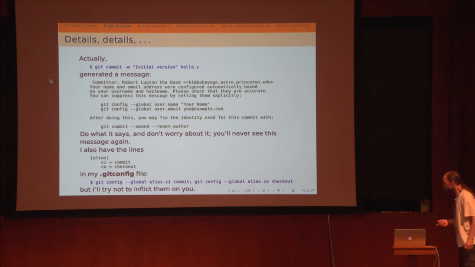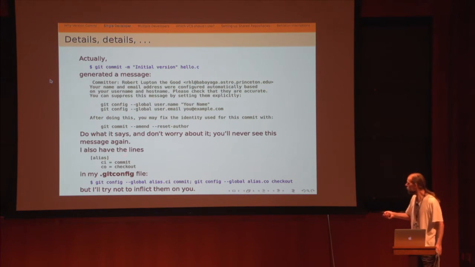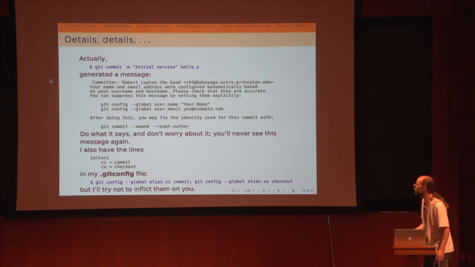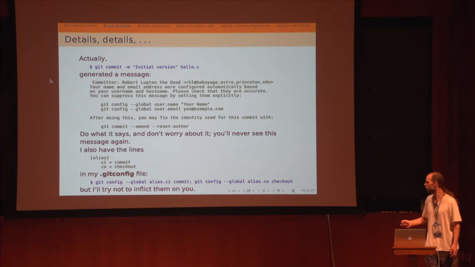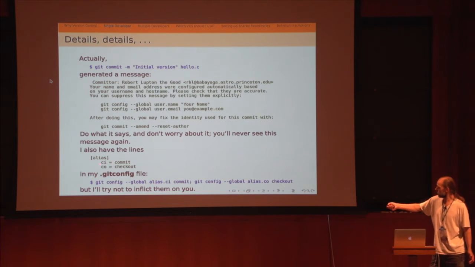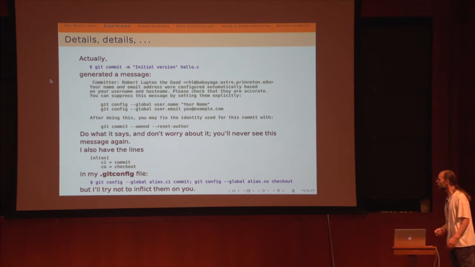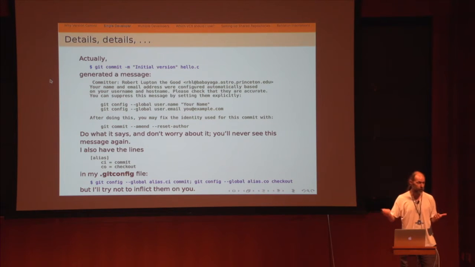Now, in fact, I should warn you that I have some magic lines which those of you who've been using a program called CVS for the last 30 years will recognize, or RCS. So I actually alias git commit to ci and checkout to co. The reason I warned you about that is that I may use those in some of these lecture notes by mistake. So if you see that, that's what's going on.